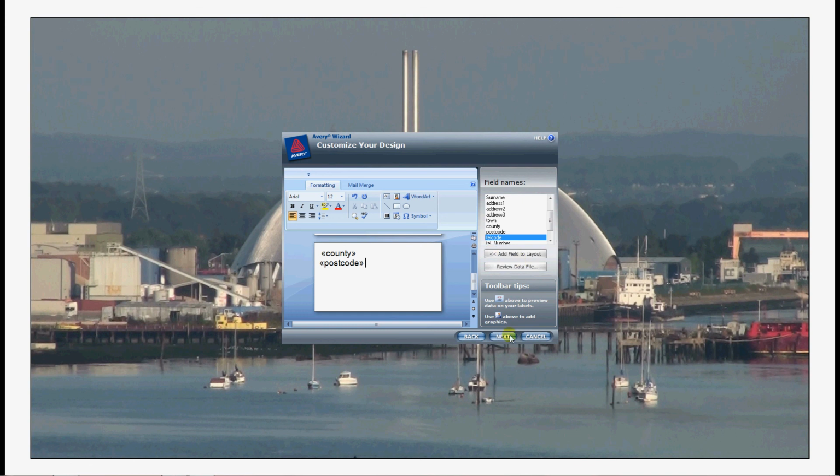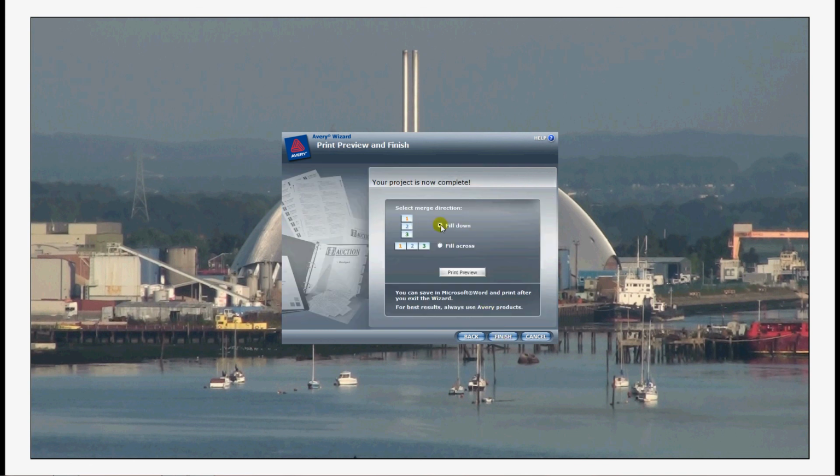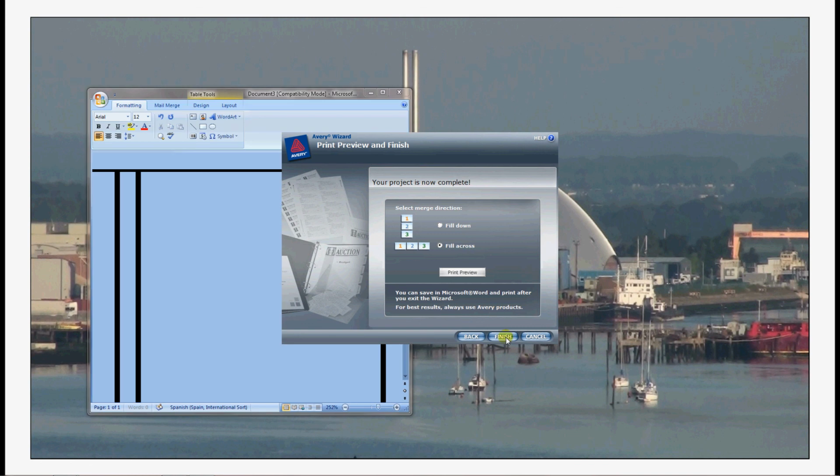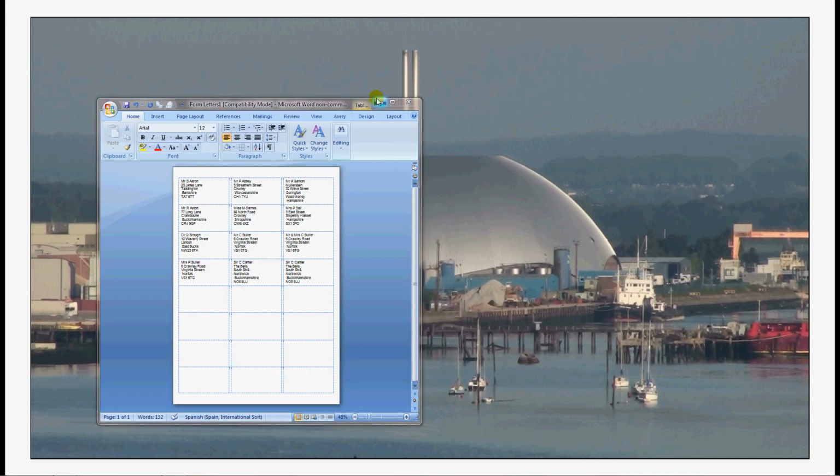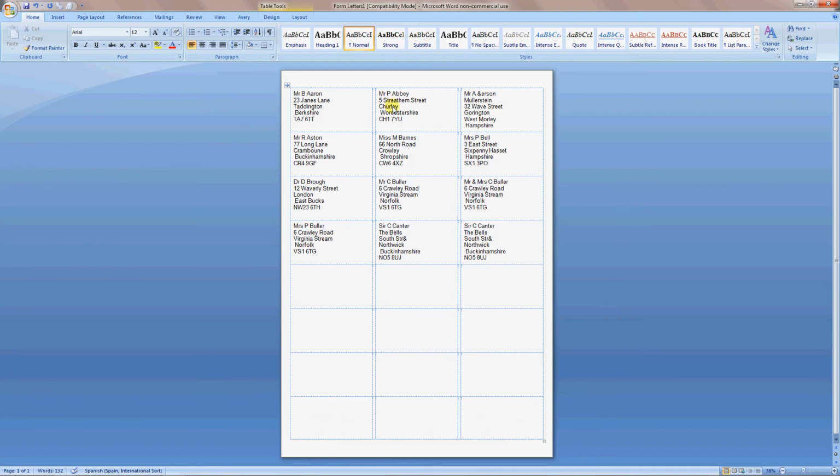So now I can do next. And it's asking me whether I want to do my labels, fill it down the label sheet, or across. I like to go across, so I'll click there. I'm not going to bother with the print preview. I'm just going to say finish. Now it's working away, and here we are. Let's open this up. There's my